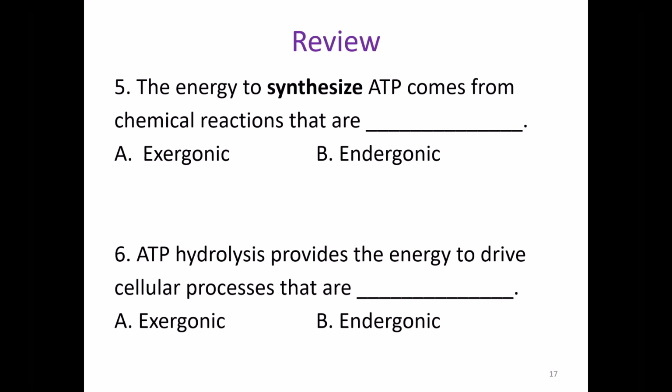So let's review. Number 5, the energy to synthesize ATP comes from chemical reactions that are what? So the energy we need to make the ATP comes from exergonic reactions. Making ATP requires energy, it's endergonic, and we get that energy from exergonic reactions. So 5 is A. Number 6, ATP hydrolysis provides the energy to drive cellular processes that are blank. So hydrolysis, again, is break apart or break down. So we're saying we break down ATP, that releases energy, and that energy drives processes that are endergonic, or energy